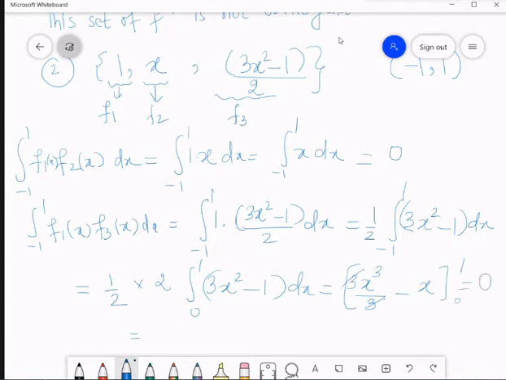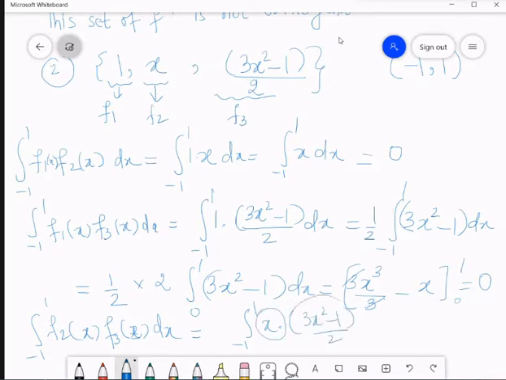Now the next one is the integral from -1 to 1 of f2 of x into f3 of x dx. Now try this one. So here what we get is 0. Very good, Aditya got the trick. See, what we have is x multiplied by 3x square minus 1 divided by 2. This is odd, this is even. We have just now said odd into even is odd. Therefore, the integral will be 0. So I need not calculate, but that justification is expected: how you got it 0 so directly.